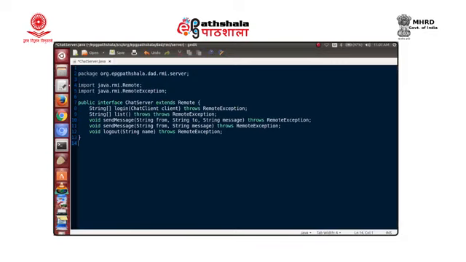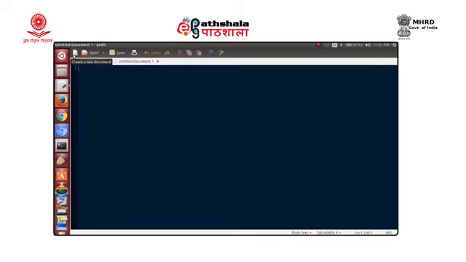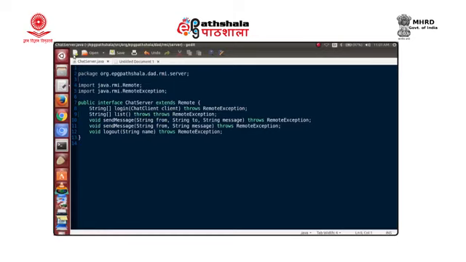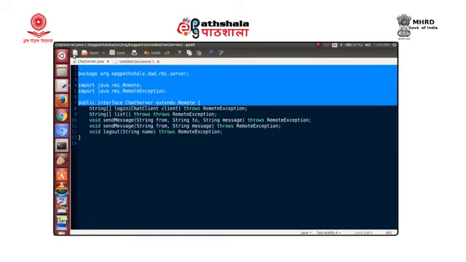Now, let us also identify what kind of interaction the server wants to have with the client. So, for that let us develop another interface. We might copy a few things from the earlier one and then make changes.